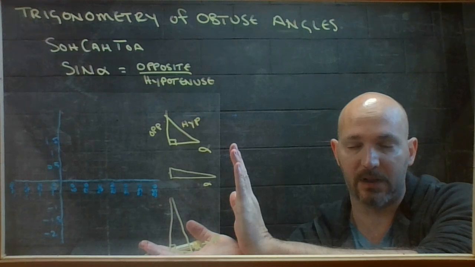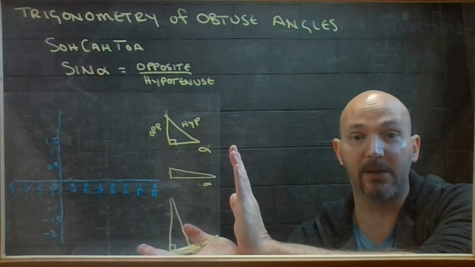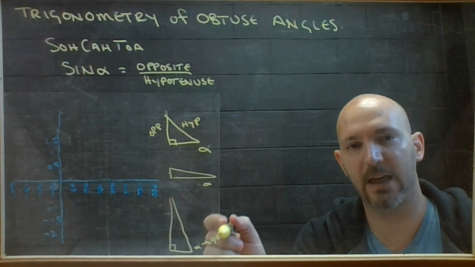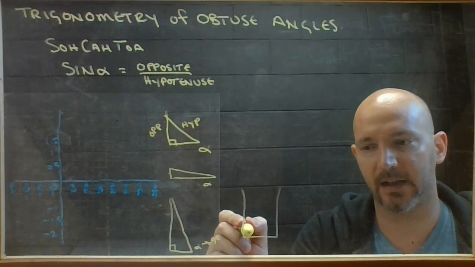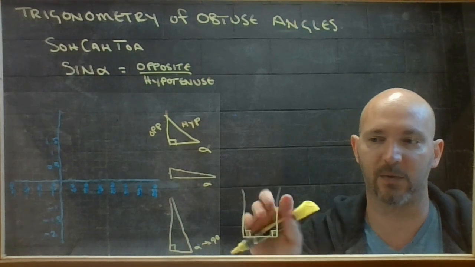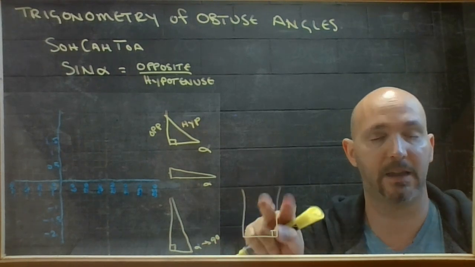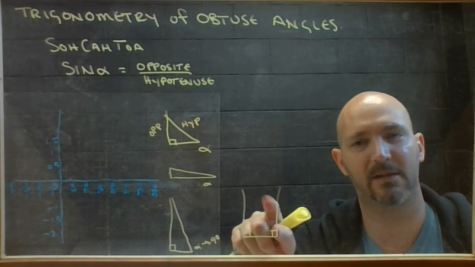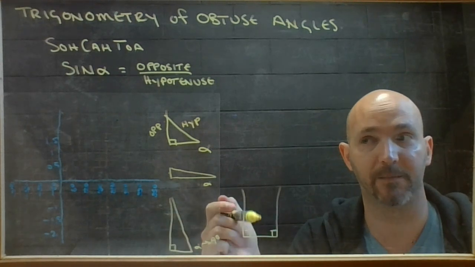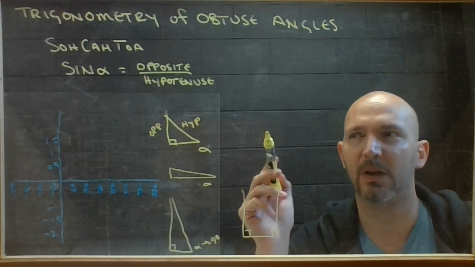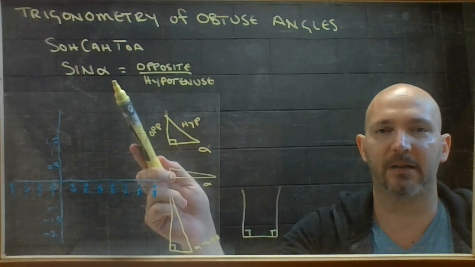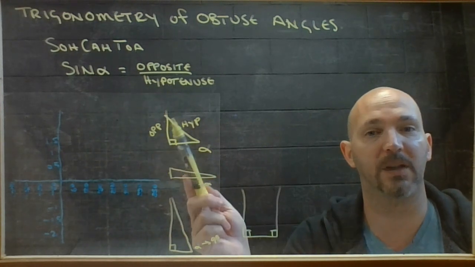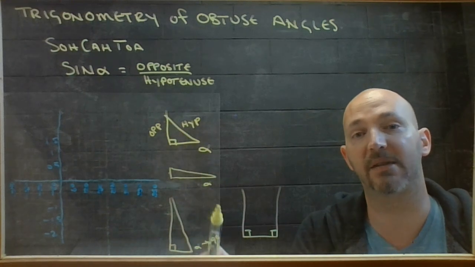A triangle can have a corner that's 89, or 89.9 degrees. But if you actually hit 90, if that's a 90-degree corner and that's a 90-degree corner, these are parallel and they'll never touch. So this doesn't actually make a triangle anymore. So putting in any angle bigger than 90 doesn't really make sense for this understanding